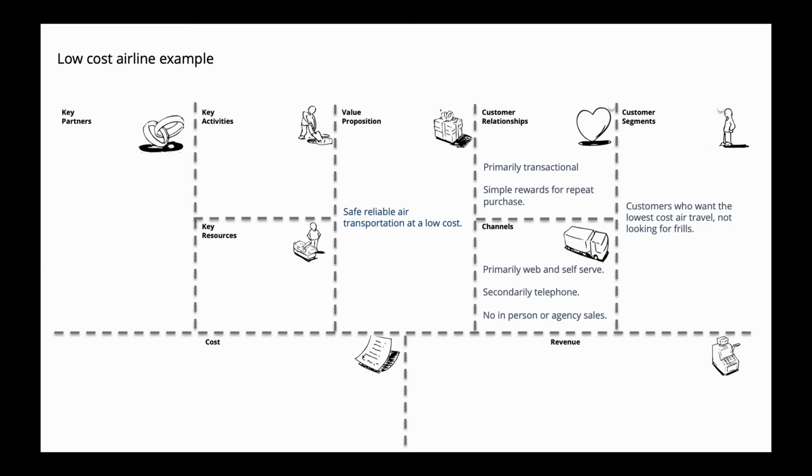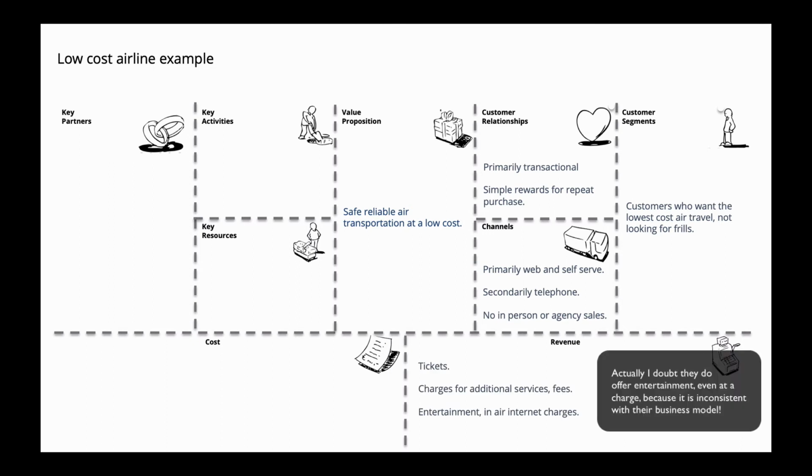Revenue was tickets, or is the tickets, so they get fees for tickets, they charge for additional services, and they have bag fees and all that kind of thing. And they may eventually charge, I'm not sure if that's the case now, for entertainment or in-air internet charges or other things to generate revenue along the lines, right? And that's really how Southwest works. If you think about this in terms of a big airline, other airlines are going to charge for food on the flights, or they're going to have upgrades. And Southwest doesn't really have a lot of that. They're really focused on that core mission of safe, reliable air transportation at low cost.